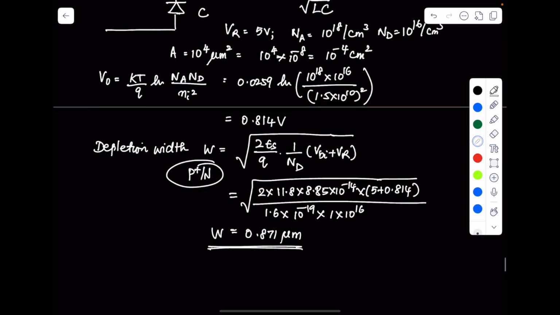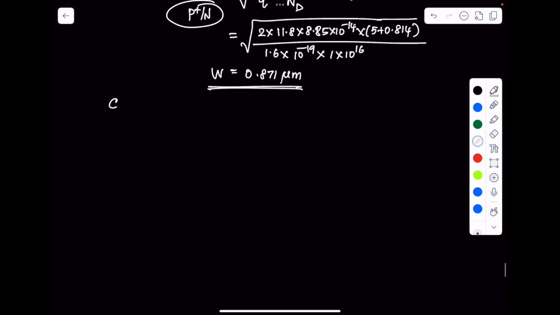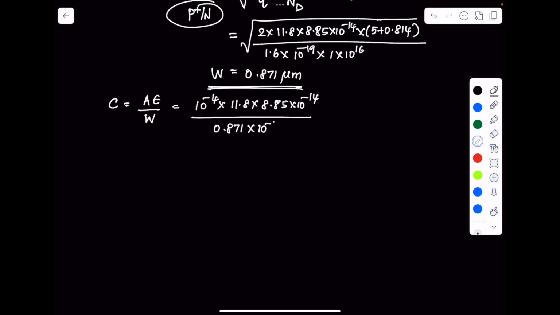And so now the capacitance of this reverse bias diode is hence A times epsilon by W. So 10 power minus 4 into 11.8 into 8.85, 10 power minus 14 divided by 0.871 into 10 power minus 4, and this is going to work out to 1.199 picofarad. Right? So now we have a circuit where there is a capacitance of around 1.2 picofarad connected in series with the inductor of 50 nanohenry,